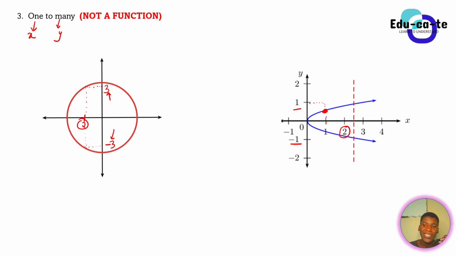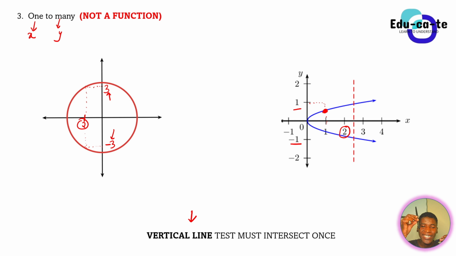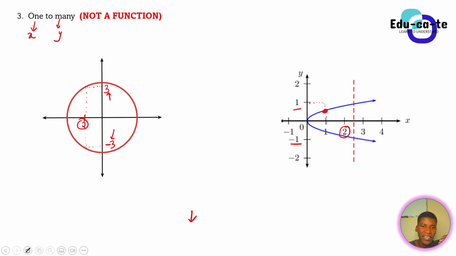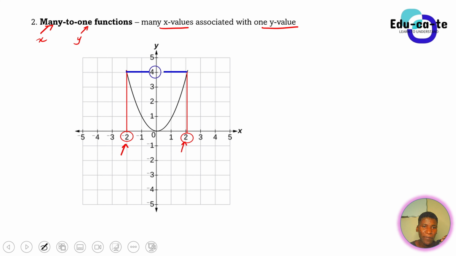How do you prove that something is a function? You employ a vertical line test. In a vertical line test, you take your ruler and lay it vertically. It must intersect only at one point if it's a function. For example, a parabola is a function, and if I take a vertical line, let's say this is my ruler, and I lay it like this, it must only intersect at one point. The graph must only cut the line at one point, and not more than one. You just lay a line across the graph. It must not intersect twice, it must only intersect once.